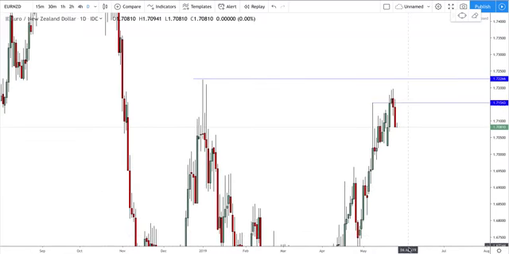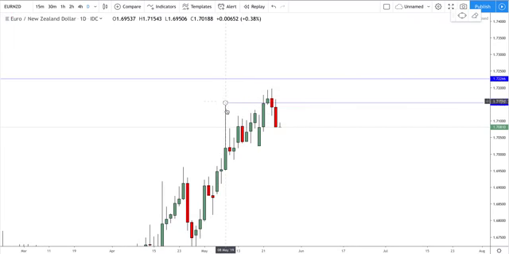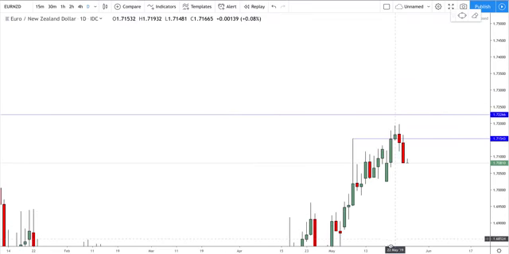But my thoughts on Euro NZD at the moment, as you can see here, we had this major daily resistance, that big spike. So we came up on the daily chart. This is the daily chart. We had 1, 2, 3. This 3-pin daily rejection is another reversal sign. So if you want to mark that down and remember that for the future, when you see 3 pins on the daily, it's a nice resistance level, a nice sign that there's a reversal. I'll show you this on oil shortly when we go over that as well. But yeah, nice reversal sign here. This candlestick here, I'll just zoom in.